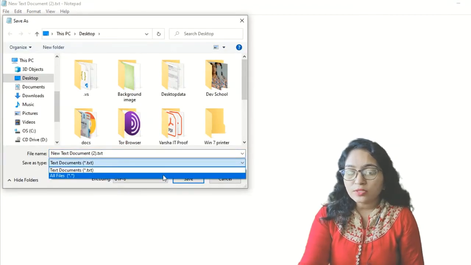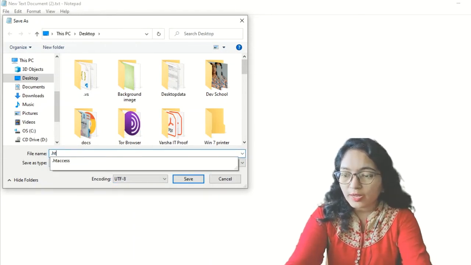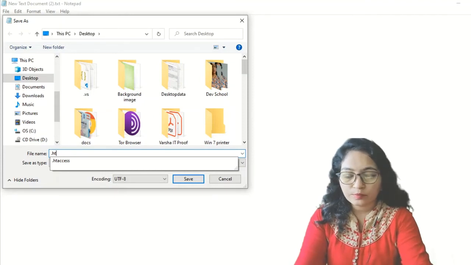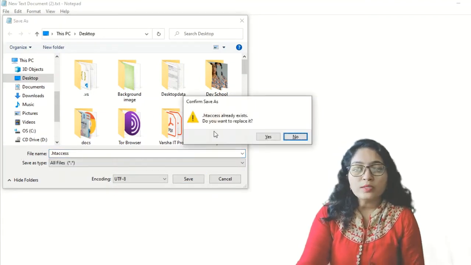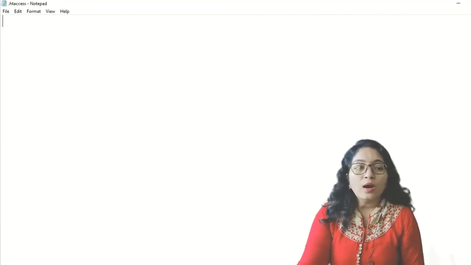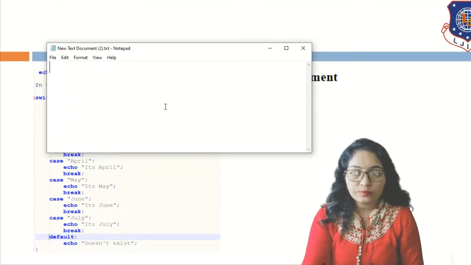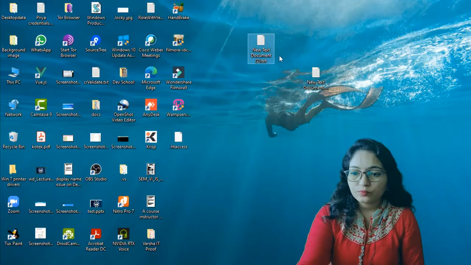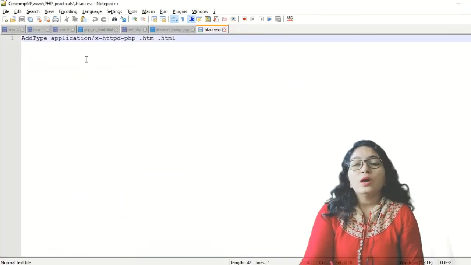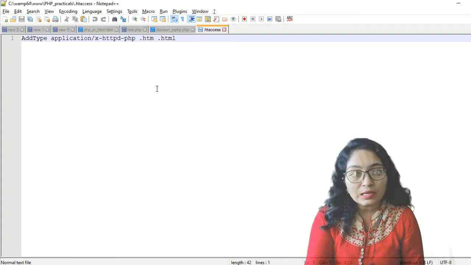Here you have to select all files, and here you have to give the name as .htaccess, like this, because it already exists, that's why it is showing like this. Clear? Now when this file is created, you just have to close it, and you have to copy and paste this file in the www directory where your practical is saved.